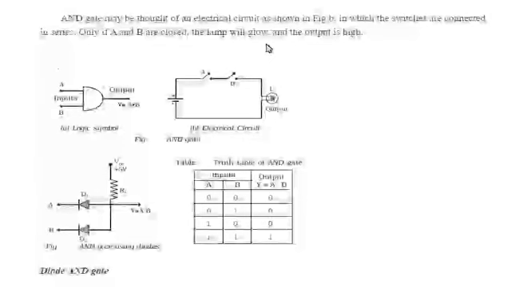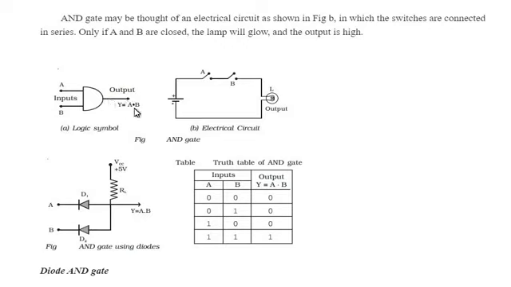Now this is the second type of gate, and the name of the gate is the AND gate. This is the symbol of the AND gate. It has two inputs A and B, and its output is given by the Boolean equation Y is equal to A dot B. As it has two inputs, 2 raised to 2 is equal to 4, therefore 4 possible combinations of inputs are there and the respective outputs are here.